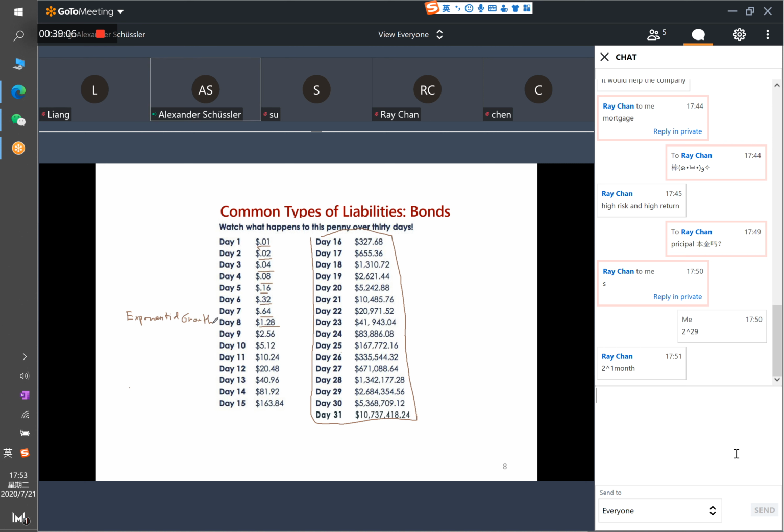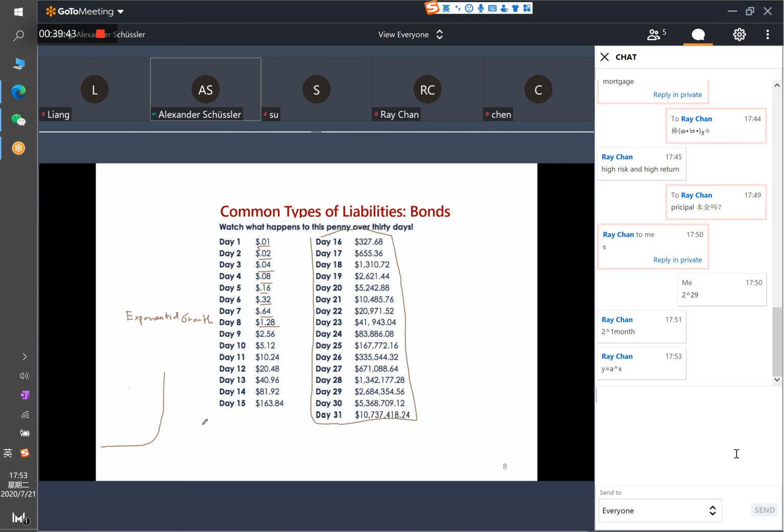And if you draw a chart, it would look like something like this. It's very slow, very slow at the beginning, and then it increases very fast. So actually, the correct answer, I think, is